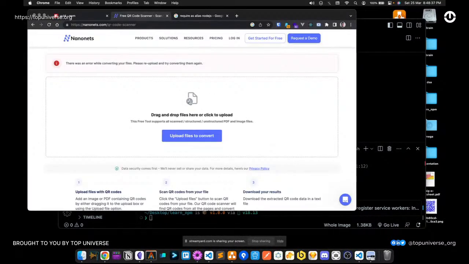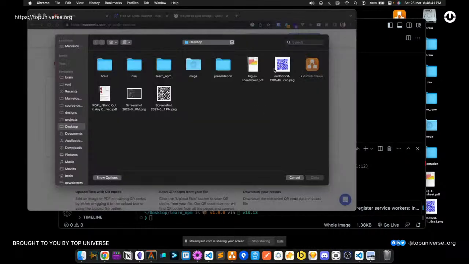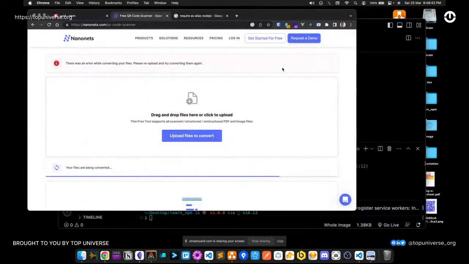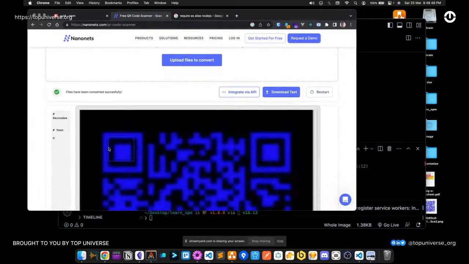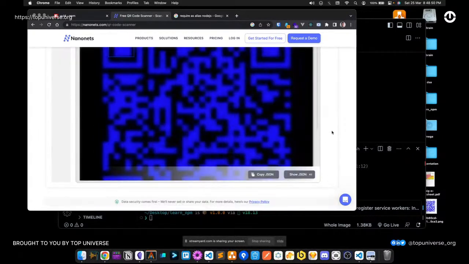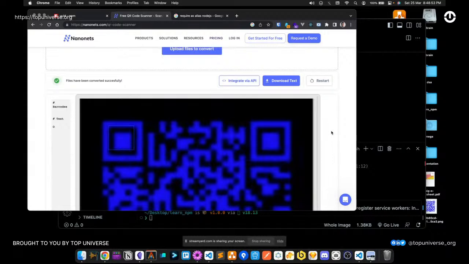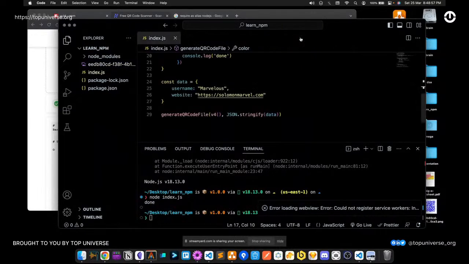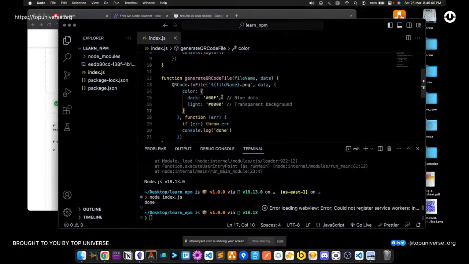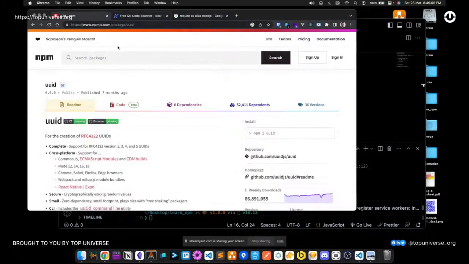So if I upload that, it says there was an error while converting your file. I will try that one more time. I think it was a network thing, right? So now the problem with this is probably the quality. I think the quality is probably too small. So let's go ahead and try this again. I'm going to take off these blue dots. Let's stick to black, right? So yeah, and let's also check out the QR code